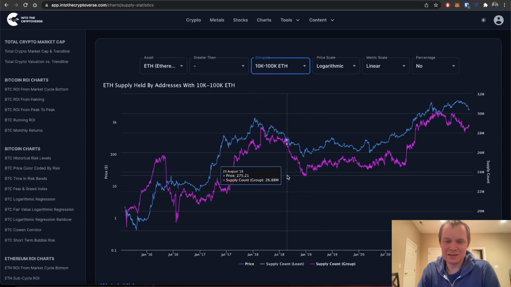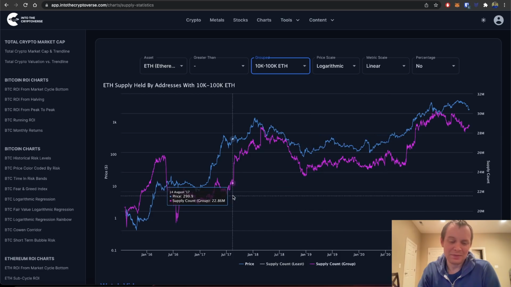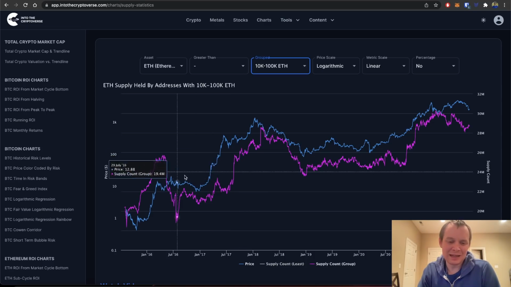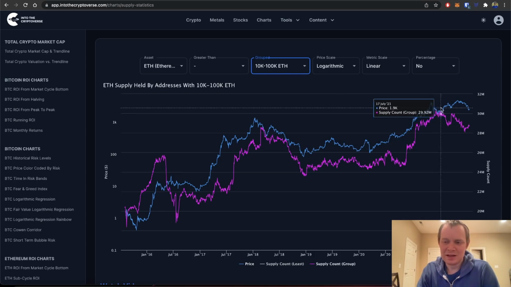Continuing on, we'll look at 10,000 to 100,000 ETH. It looks interesting. It really does sort of look like the price chart in a way. And if anything, though, it's maybe a lagging indicator, right? Like, if you look at the price peak, it happened after the supply count of between 10,000 to 100,000 ETH. The price bottom occurred before, you could argue, this bottomed. Additionally, over here, this peaked before the supply peaked and held them in these wallets. And then